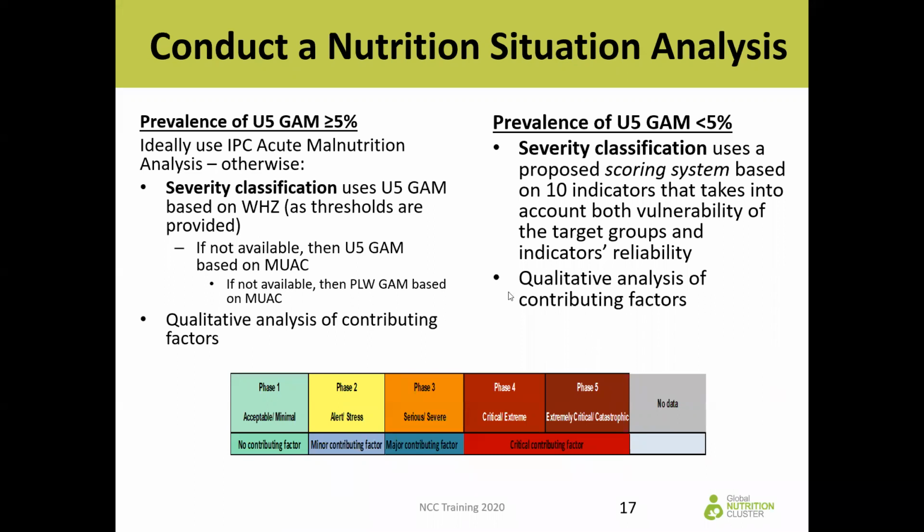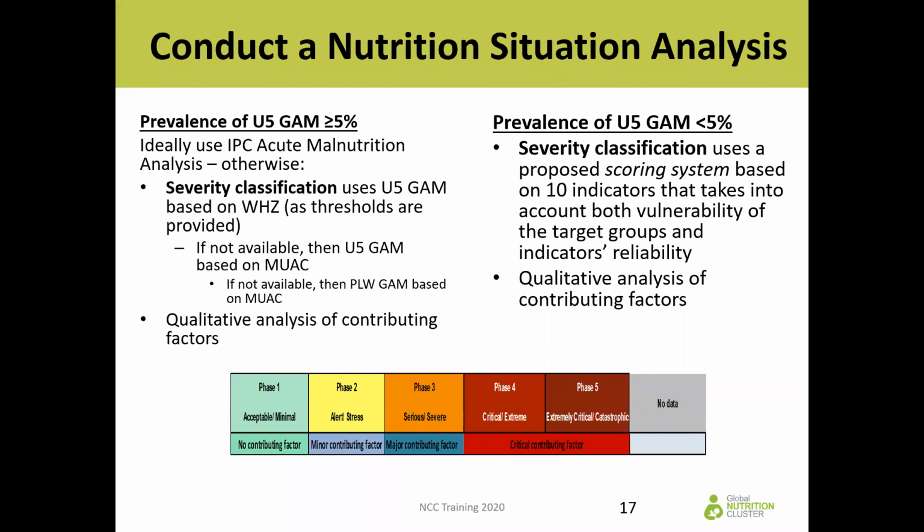We would then rate how it falls according to the scale. For scenario 3, so when prevalence of under 5 global acute malnutrition is less than 5%, a severity classification is using a bit more complex scoring system, which is of course proposed. It's not based on hard evidence, but through the task force that was led by the GTAM, a number of colleagues put forward 10 indicators that could take into account the vulnerability of the target groups and also the reliability